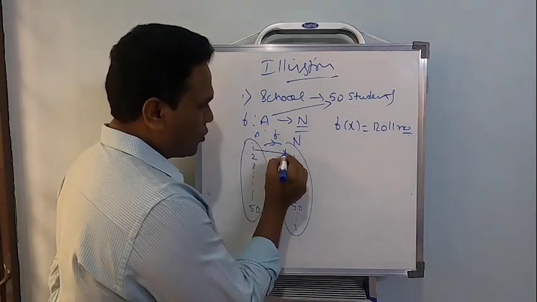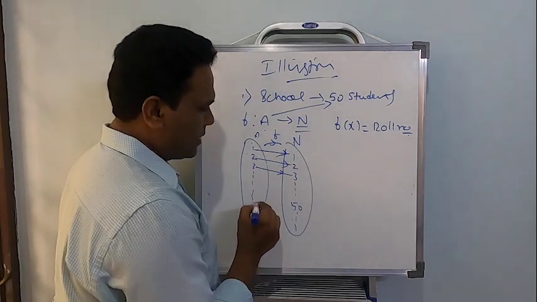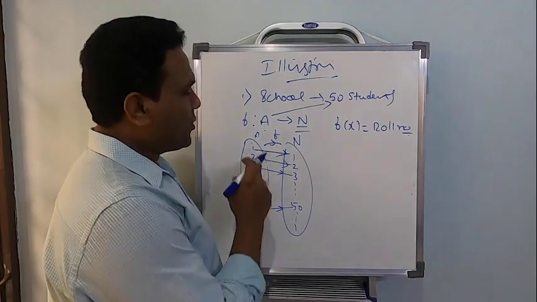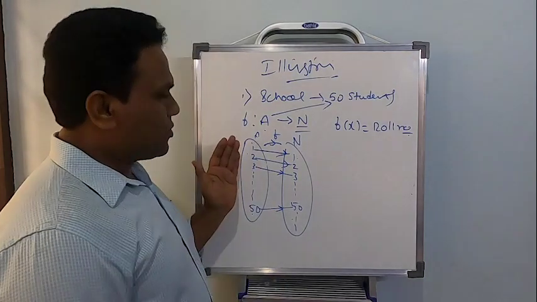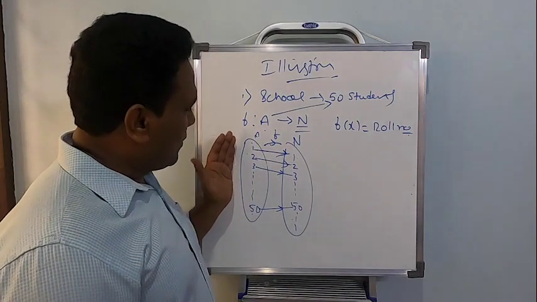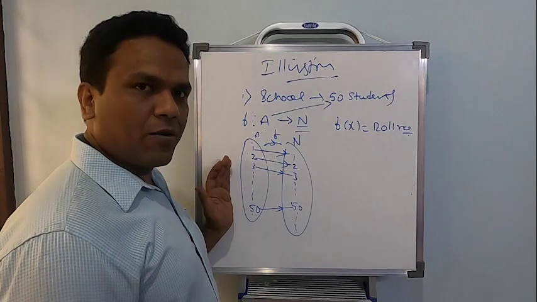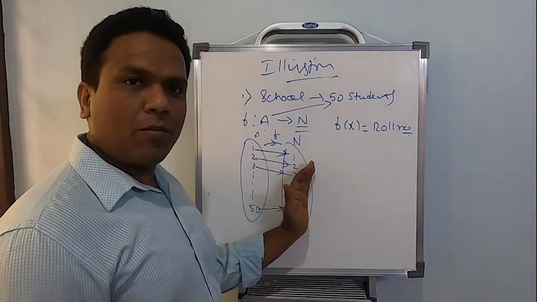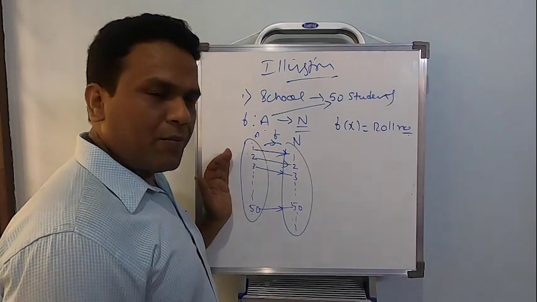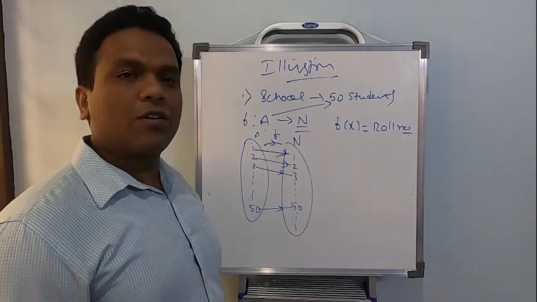So first student roll number 1, second student roll number 2, third student roll number 3, 50th student roll number 50. So what you notice here clearly, you have to write the same statement in the classwork also. Clearly different elements of A, or you can say different students from A got different roll numbers in B. I repeat, different students from A have different roll numbers in B, therefore the given function is going to be